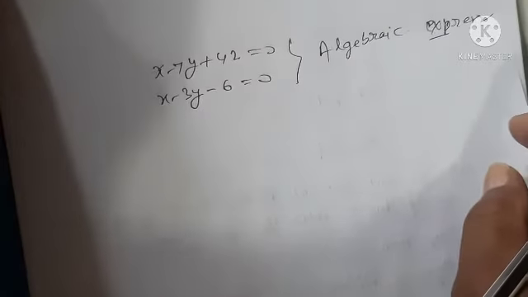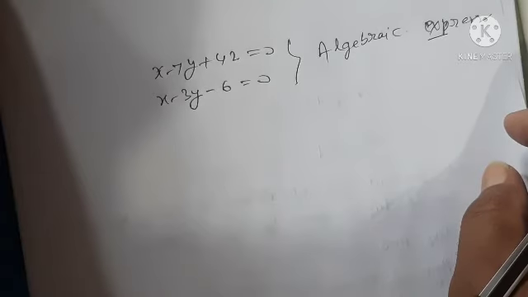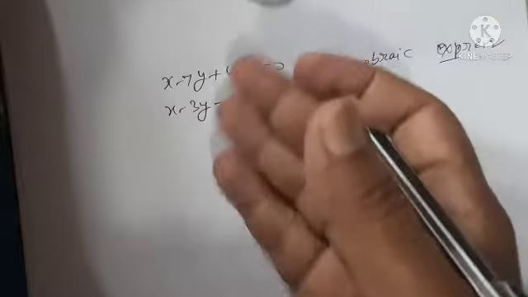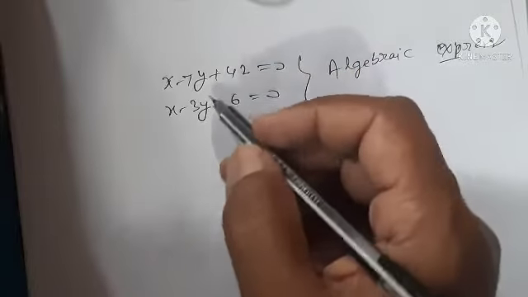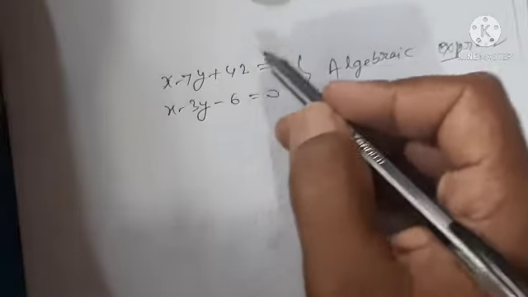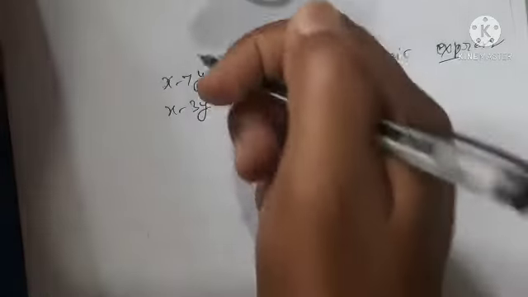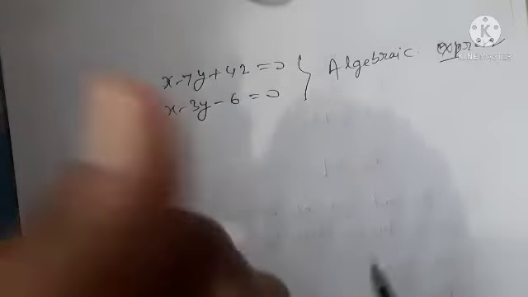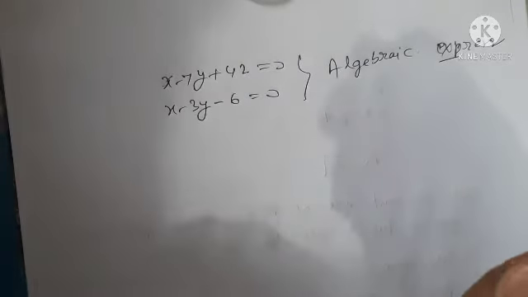Okay, now we also have to represent it graphically. So for that we have to draw the graph of these two lines. These are equations of lines. When we draw the graph of these linear equations, they will be lines. Okay, they are a pair of lines, nothing else. And we know how to draw the graph of a linear polynomial.